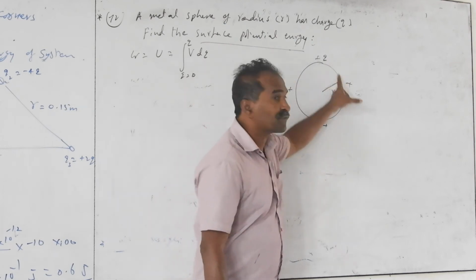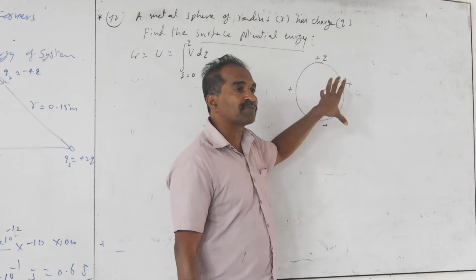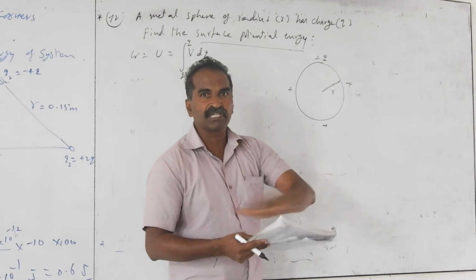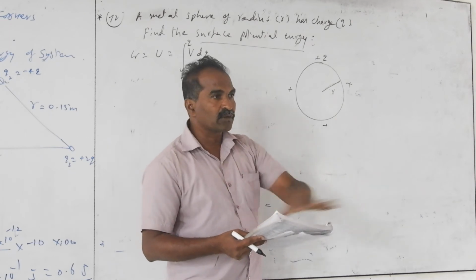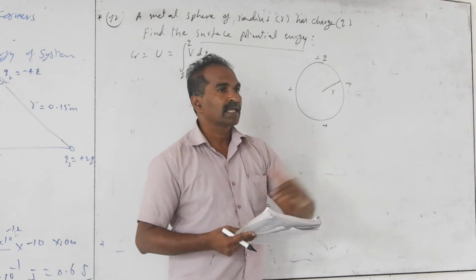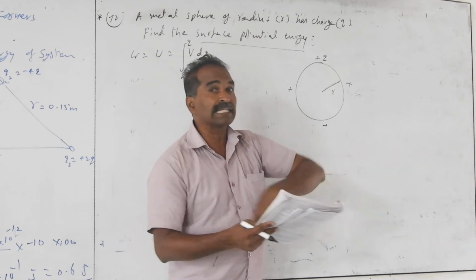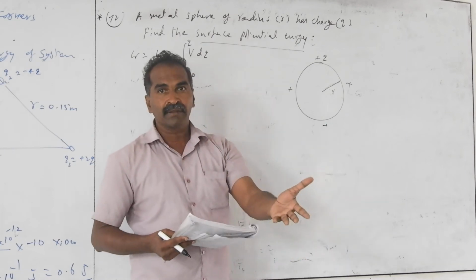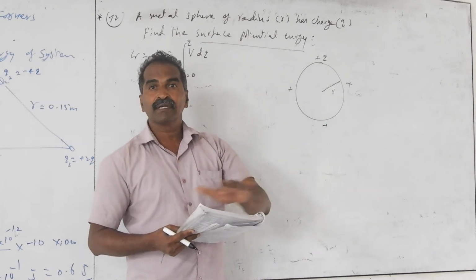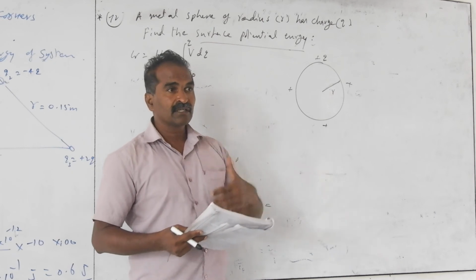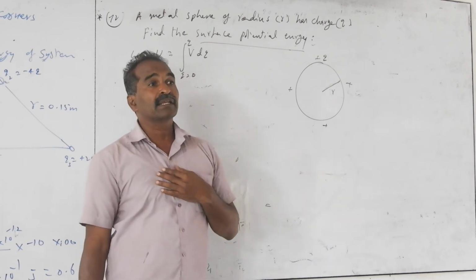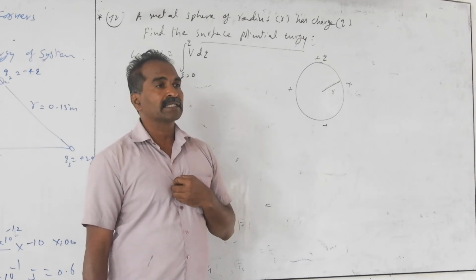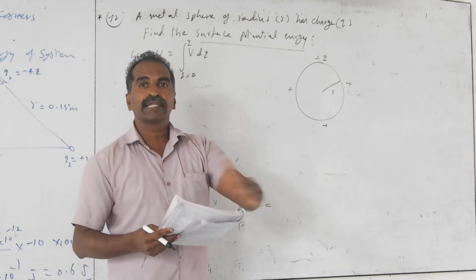So every charge on the surface has a repulsion with the others. That energy is called surface energy. If you put charges on the surface, they try to go away from each other on the surface only. They cannot jump out. Whether they can jump out depends on the electric strength of the surrounding medium. If the surrounding medium is able to conduct, let the charges come in, then only they can jump. Otherwise, they cannot jump. The dielectric strength we have already discussed. For air, the dielectric strength is 3 million, that is 3 times 10 to the power of 6 volt per meter. That much electric field must be there around it, then only they can jump into the air.